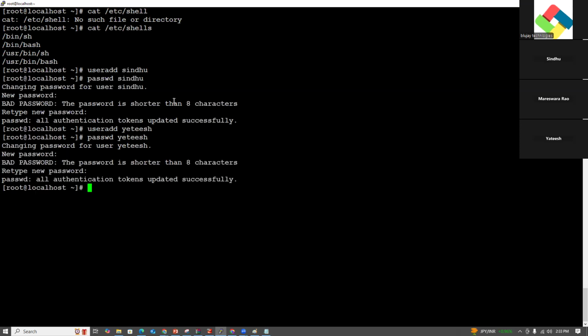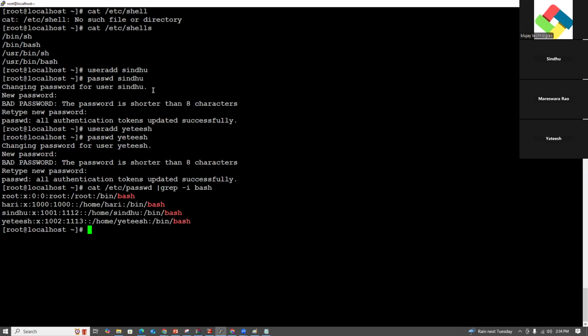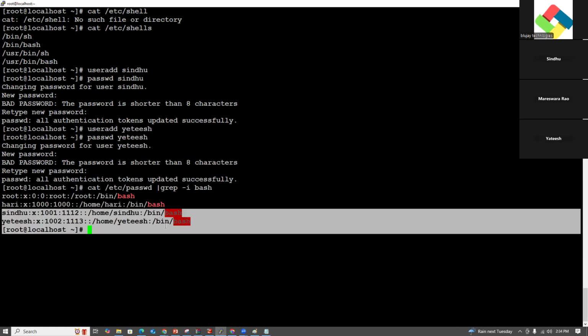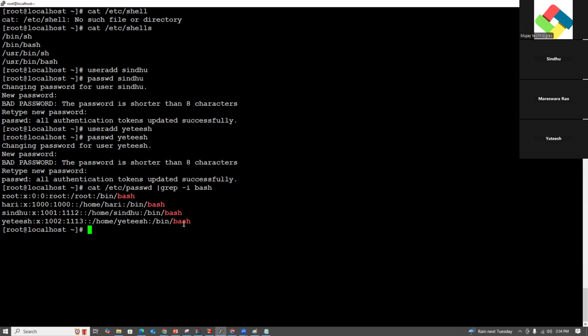Now these users are in /etc/passwd. Pipe grep -i bash. What users have bash? Sindhu and Yatish are both having bash.